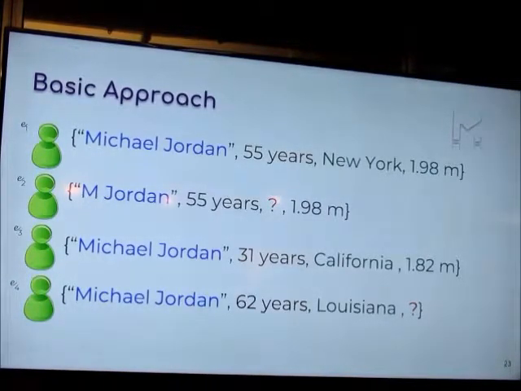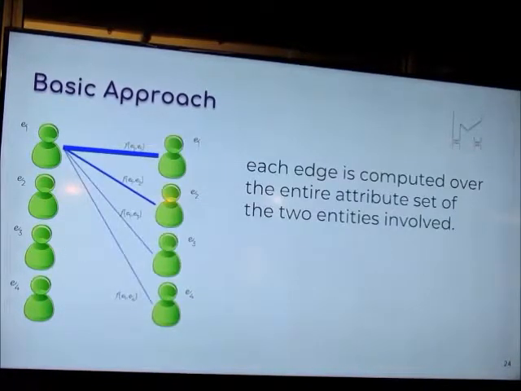Let's assume that there are only four Michael Jordans in the world, and your task is to figure out which of them are duplicates. You're given four attributes: name, age, location, and definitely the height. A naive approach, though I shouldn't say naive, since this is how we all start, would be to just do a bipartite graph